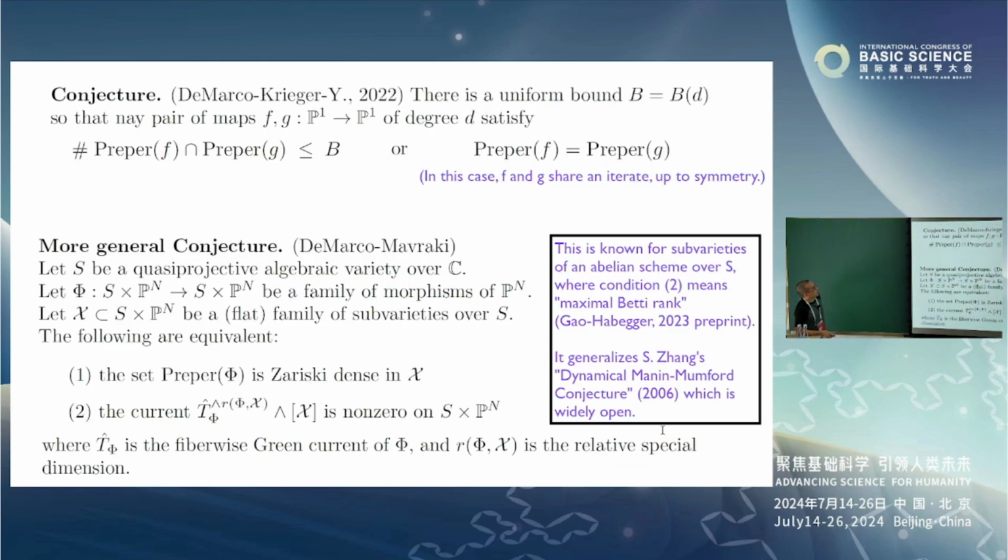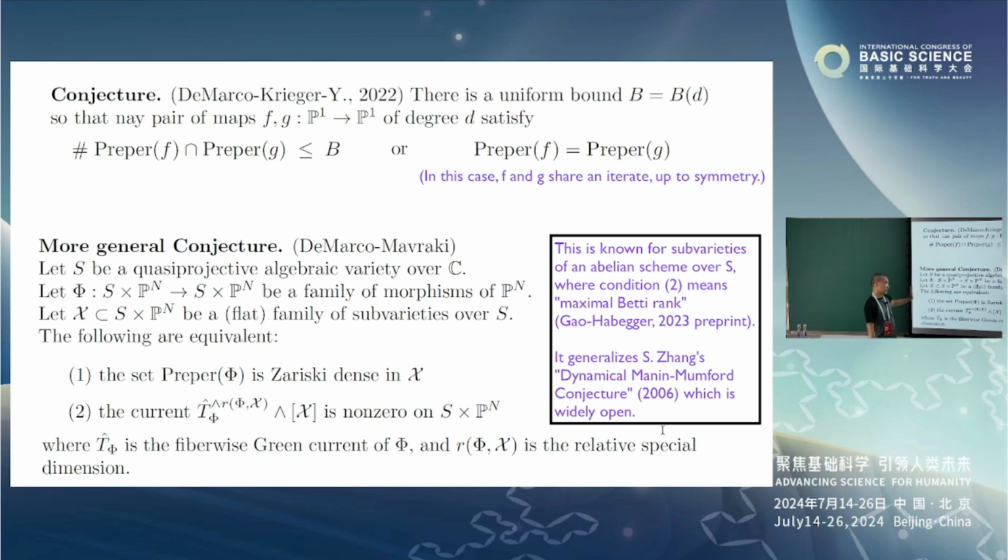Okay, so the conjecture is: is there any uniform bound such that for any pair of maps of the same degree, if the preperiodic points are not the same... So we have two families, right? One family is the two easiest families, but the conjecture is that for all rational functions on P1, they should have this kind of bound. And the more general